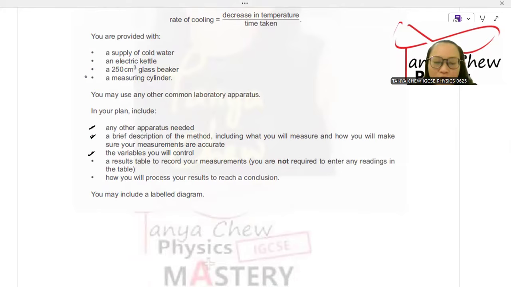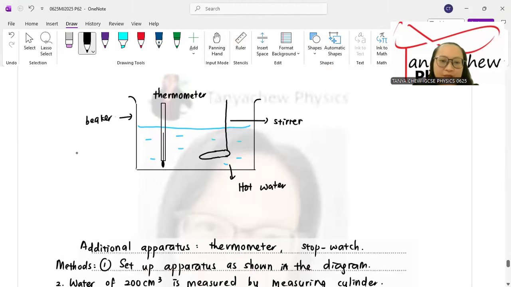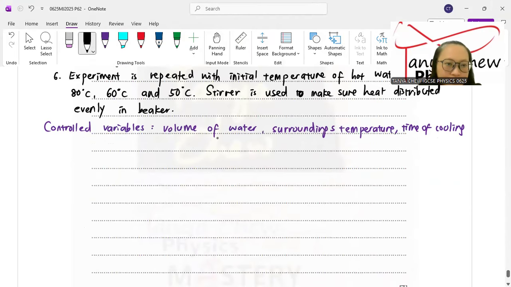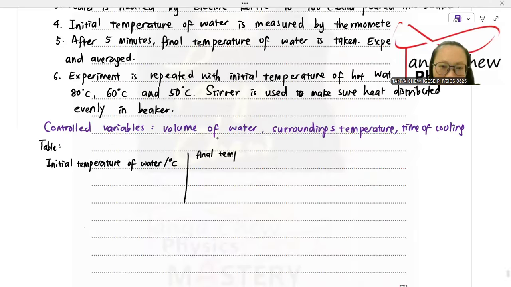And the next one, a results table to record your measurements. You are not required to enter any readings in the table. So you don't enter any reading. So this is my table. My table looks like this. Initial temperature of water, degrees Celsius, and then just put like this. And then final temperature, I write it smaller, temperature